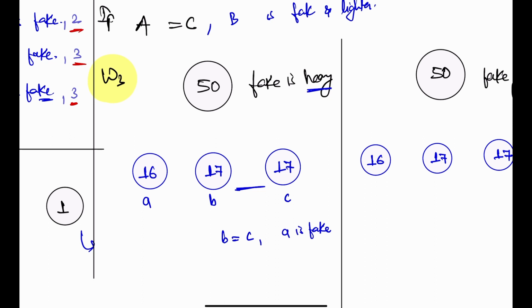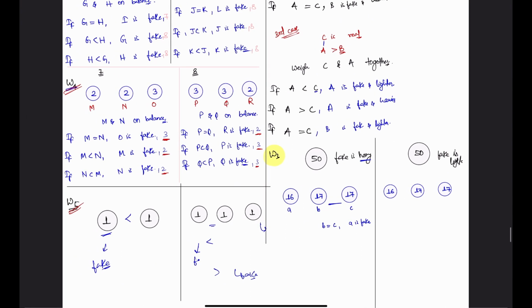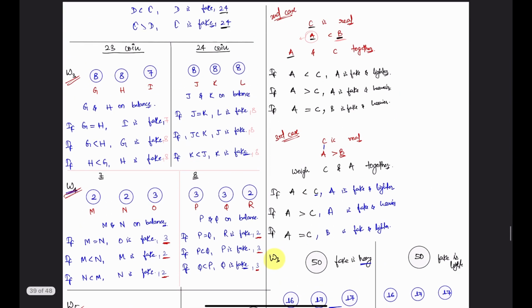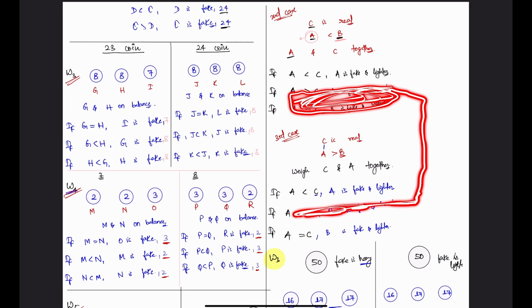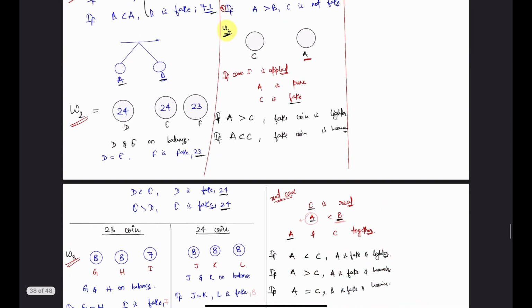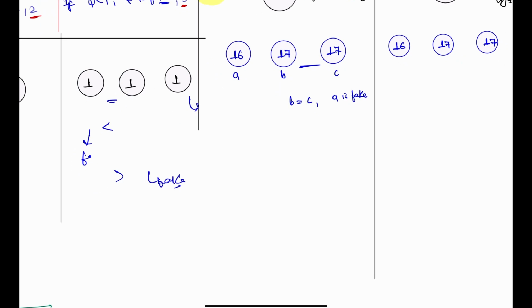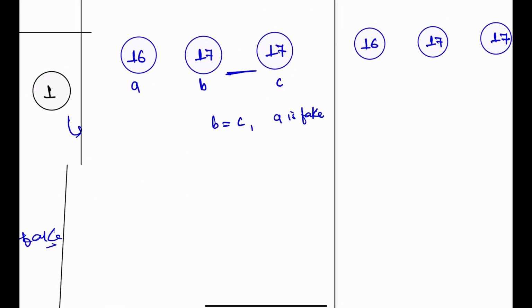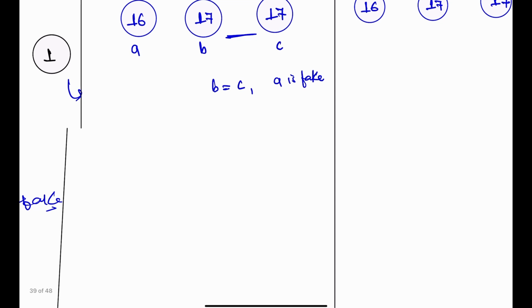Okay, when we find out the heavy possibilities, what are all the heavy possibilities here? This possibility, and then these two possibilities are coming here, and the remaining possibilities are coming here. Not only this one, from here also, heavy and lighter, we can easily identify after that, because that's the only possibility. So this is done. And then again, if it is found that b is greater than c,